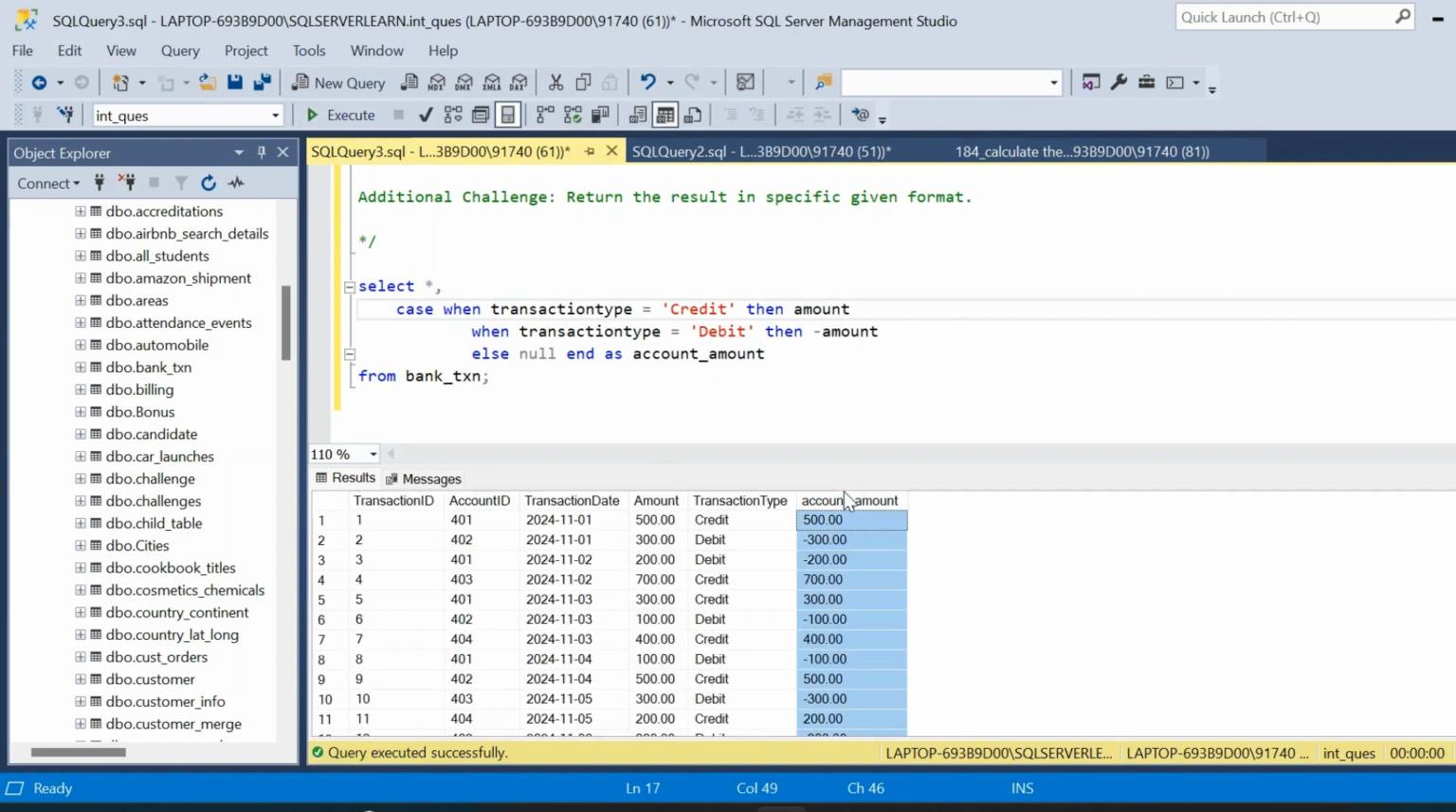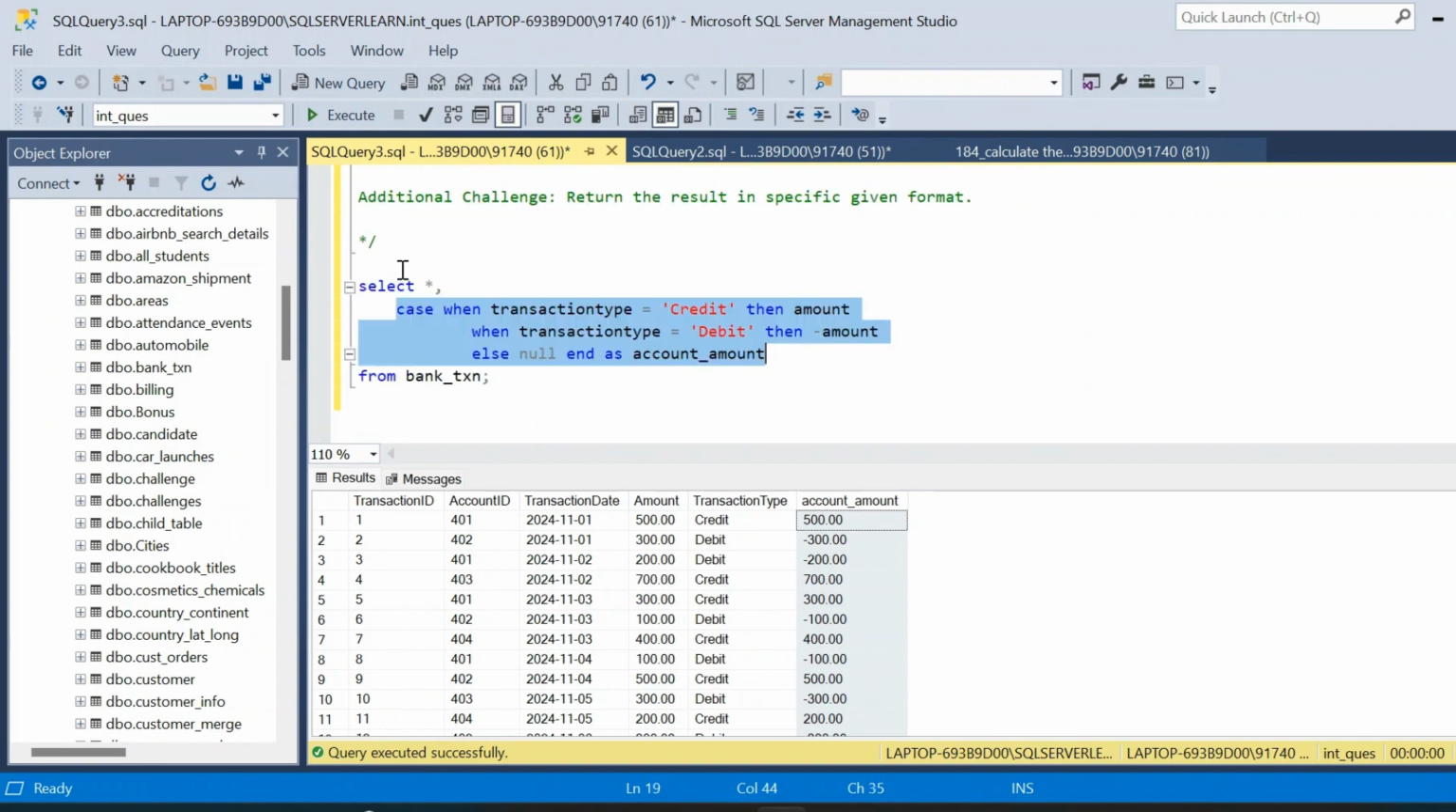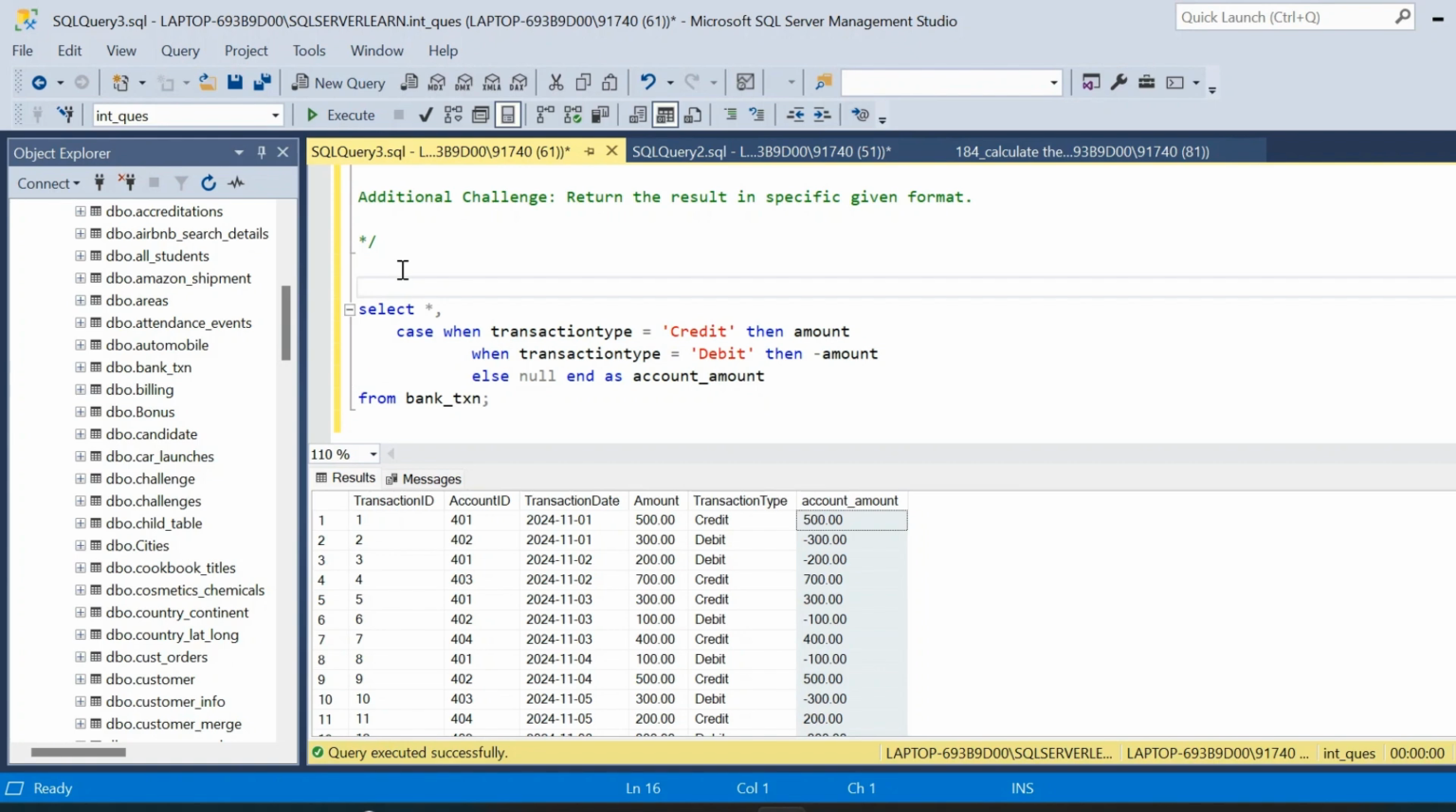So this column we can now make use of instead of the amount column. So going forward, we won't be using the amount column. Instead, we will use the account amount column. And this transformation is based on the condition which was given in the question, that is, assume the balance starts at $0 and that credit adds to the balance and debit subtracts from the balance. Now this query we will place inside a CTE with